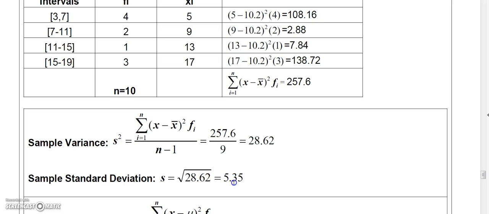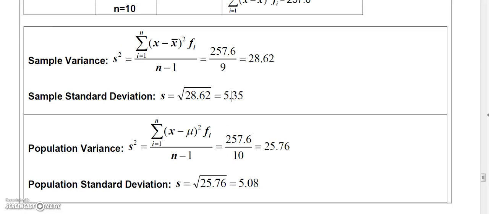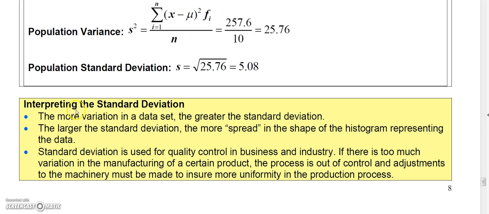is 5.35. And then the only difference in getting the population variance, instead of dividing that by 9, I would divide it by 10 and get 25.76, and then take the square root of that to get the population standard deviation, which is 5.08. So, interpreting the standard deviation, the more variation that you have in your data, the greater